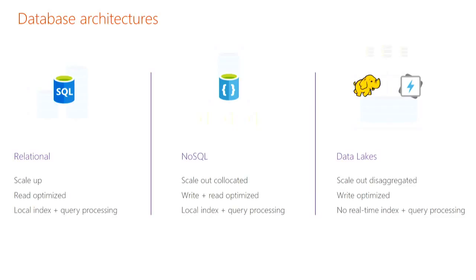For relational databases, we wanted to build a world-class database for scaling up. These are heavily read optimized. We now have really cool in-memory OLTP functionality, so you can get millions of reads per second. But what if you want millions of writes per second? They give you very nice index and query processing on a single box. But we have spent 20 years perfecting this space, and we also found that this brings a lot of legacy that we cannot get rid of, right? Once you introduce relational joins, you can't really step away from that. And then when you say, hey, time to shard my database and scale beyond that, you're going, wow, this thing is painful.